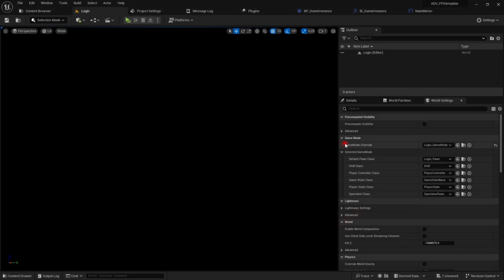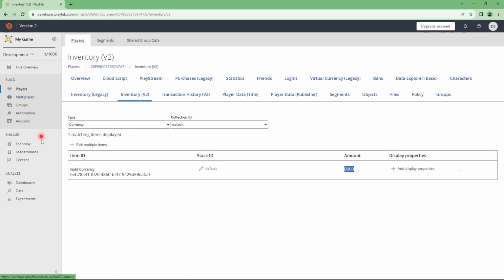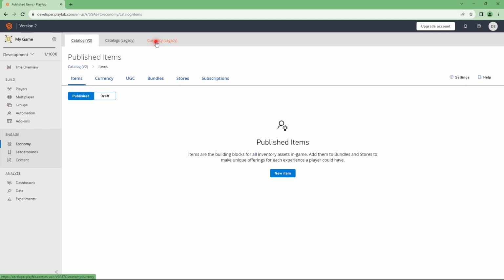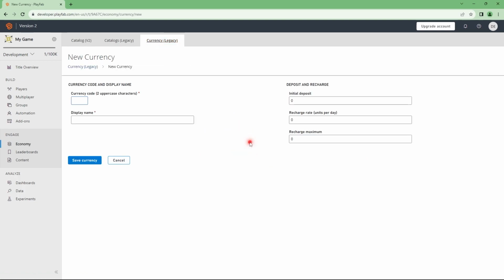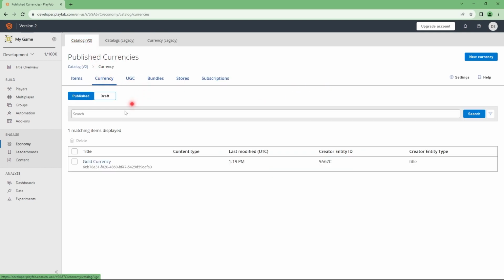One more thing you must be thinking is earlier, let me go back in this thing, economy and currency, new currency, we could have given a deposit and initial and recharge rate, right? Now this cannot be done directly in this currency as far as I know. So what you need to do is you need to run an Azure function. Now how to run that Azure function, I will be showing exactly how to do that in the third part of this series, because that's a very good use case for Azure functions itself. So that said, let's move on